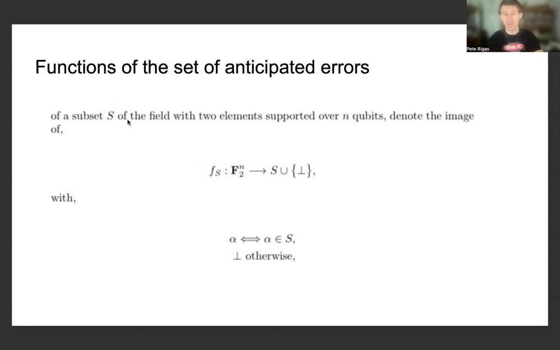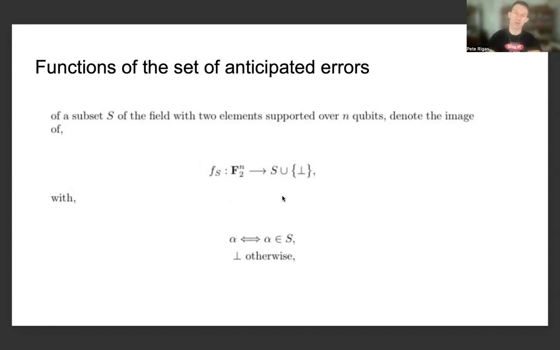That is to say, we can define functions over a subset S of the field with two elements supported over n qubits, given by this mapping, little f sub big S, with a codomain from the base field of two elements supported over n qubits into the set of anticipated errors unioned with the abort configuration. This abort configuration is important because it captures generally the instance in which there could be other types of errors we could encounter on near-term quantum hardware,